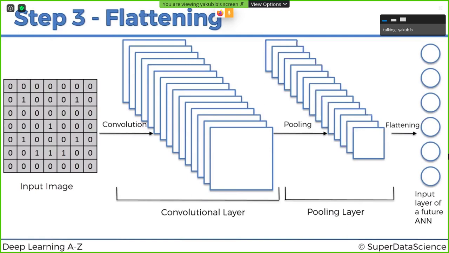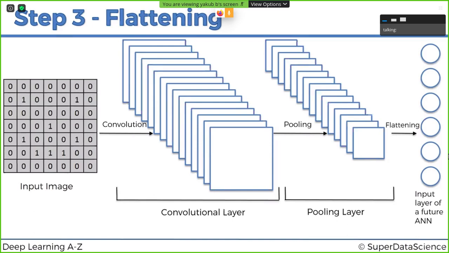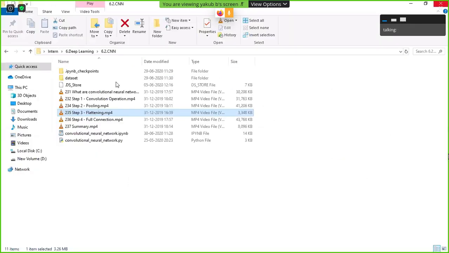So here, what I am saying is that initially we are taking an input image. After that, we are performing the convolutional operation. By applying the convolution operation, we detect a lot of features from the image. After detecting the features, we are reducing these feature maps, and after reducing the pixels from these feature maps, here it is a pooled layer. After getting this pooled layer, we are flattening all those neurons. After that, we are taking all these neurons as an input to our artificial neural network. So here it is the entire process of convolutional neural networks. Here we will see the summary of this.